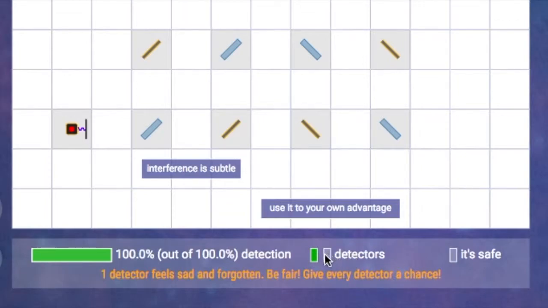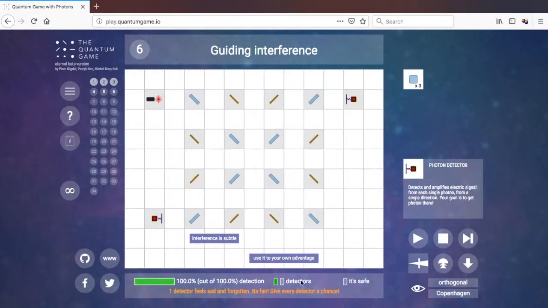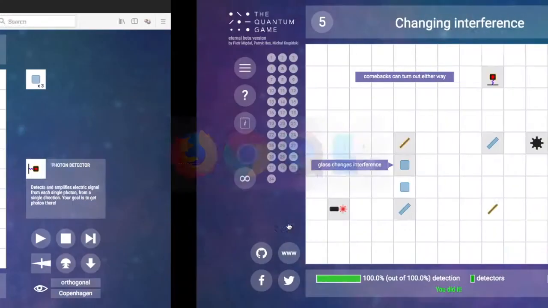And then you see the detectors here. One of them is green, the other one is not. So your goal is to get all the detectors green, usually. So how did I solve this particular one? Well,